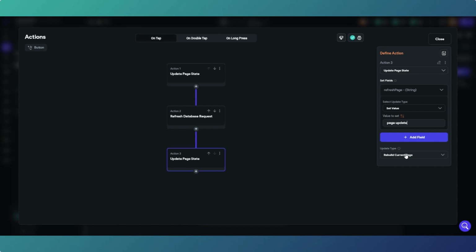And what happens is, this is the important bit, it rebuilds the current page. So we're updating the page state, we're incrementing it by 1, we're refreshing our database request, and then essentially we're just rebuilding the page. So what will happen is, when we click next, we'll get a new question. That's what should work. So if you close that,